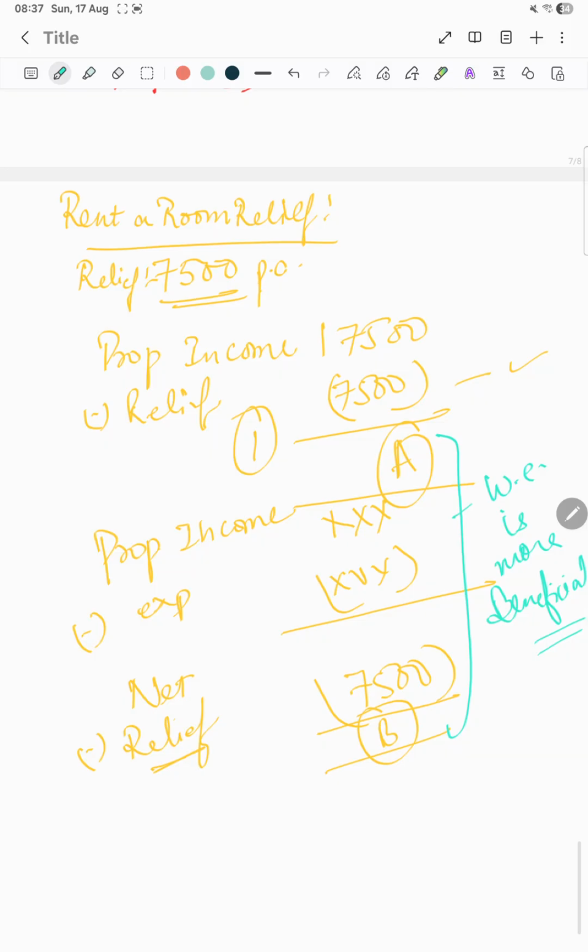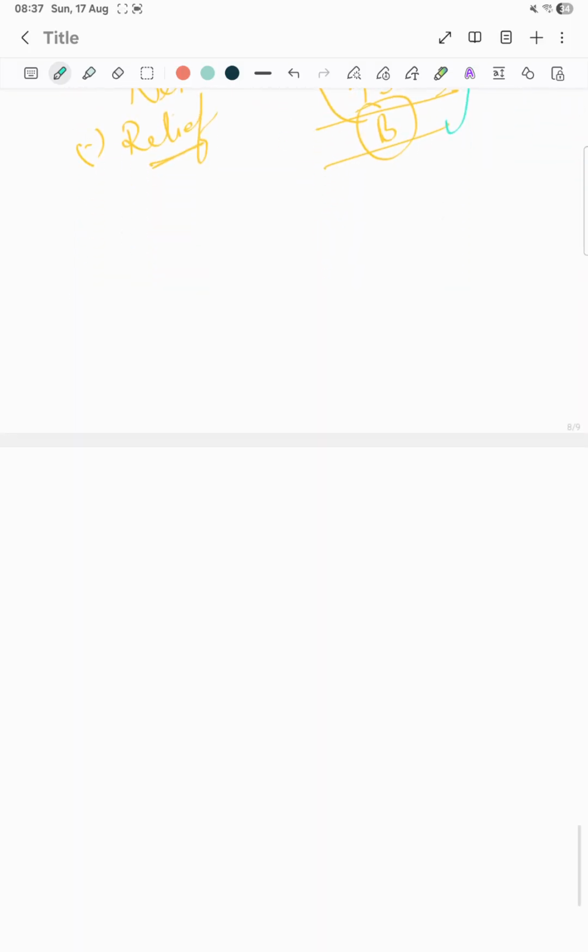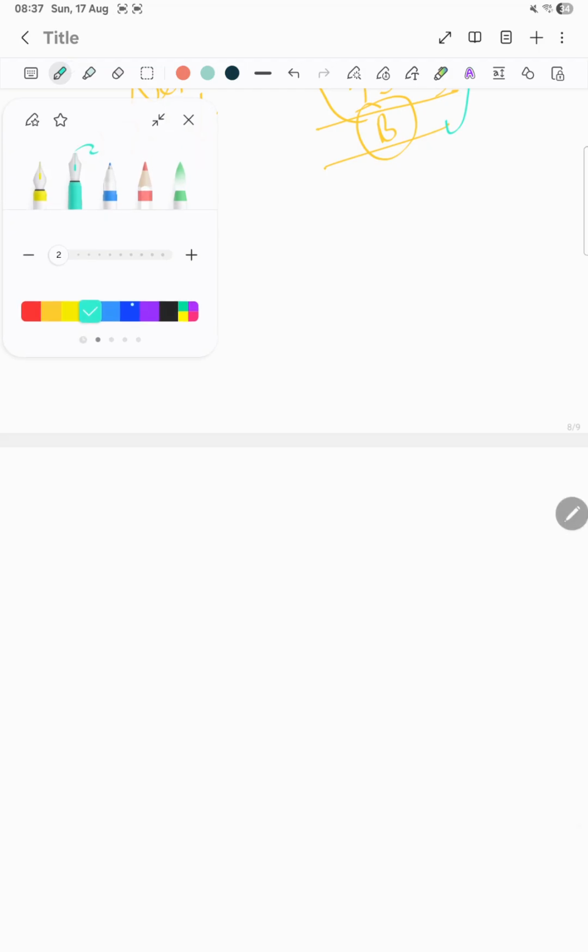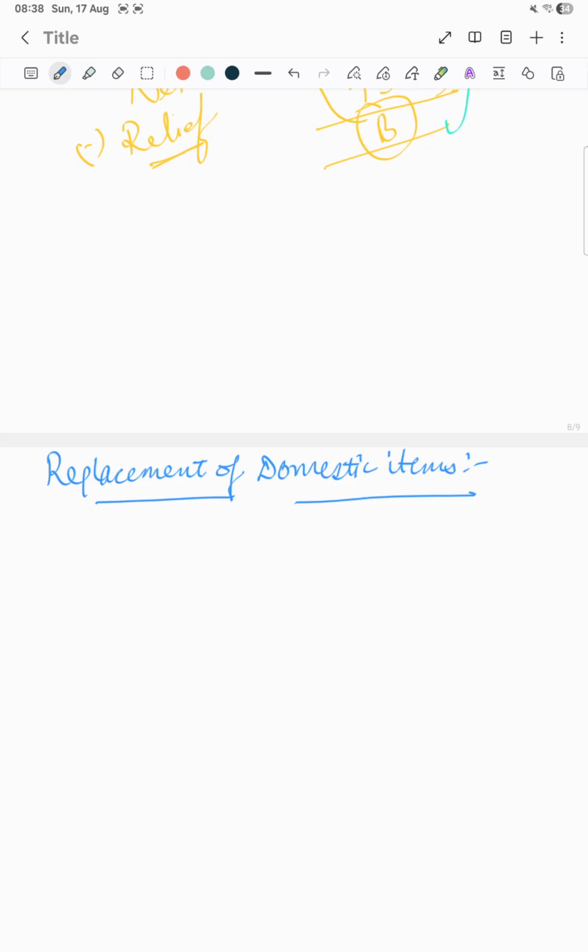This is very simple, so I'm just creating a short note here. Now, just one thing that is left is replacement of domestic items. What would be included in replacement of domestic items? We discussed before that mostly the revenue expenditures are allowed and not the capital expenditures. But capital expenditures in terms of furniture and fittings,